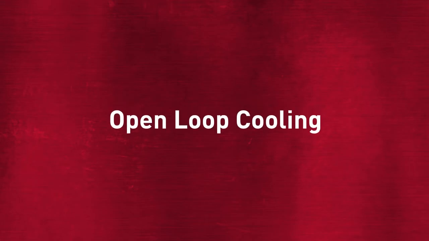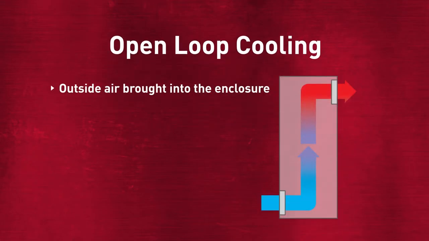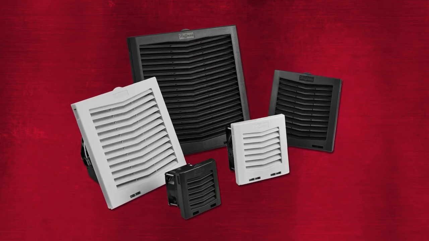So if we take a minute to look at open loop cooling, what's the definition? Anytime you bring outside air into the enclosure, it's open loop cooling, whether that be by louvers or fans or filtered fans. Now there are different definitions of UL type rating that can be open loop cooling. Type 1 is your louvers and your fans that are unprotected, and you can have a filtered fan with the proper filter media that can pass the UL type 12 test and maintain the integrity of your type 12 enclosure,